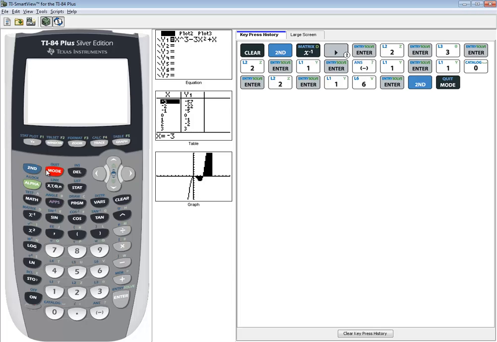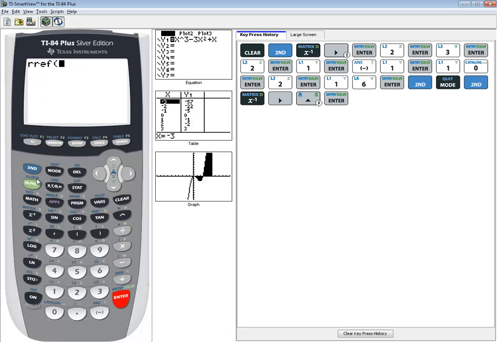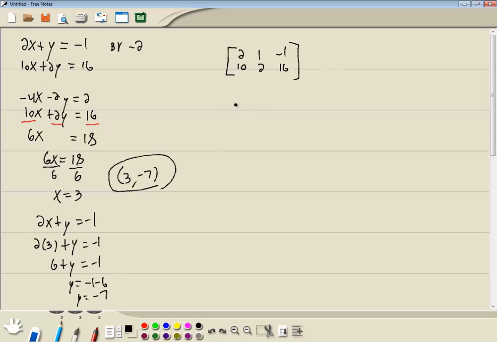Now I go back in my matrix menu. So I do second, x to the -1. Right over to math. Up arrow to RREF. Press enter on it. Go back in my matrix menu. Do enter on A. Enter again. And we end up with